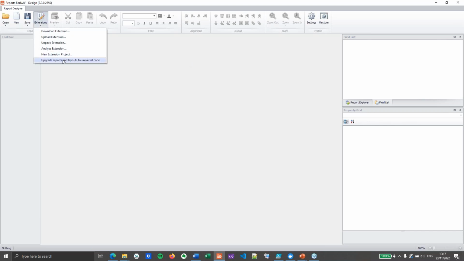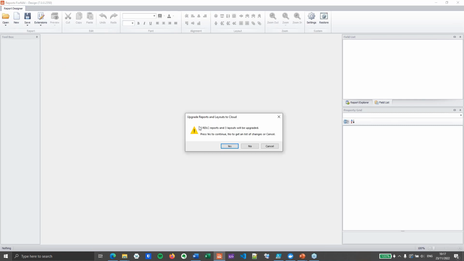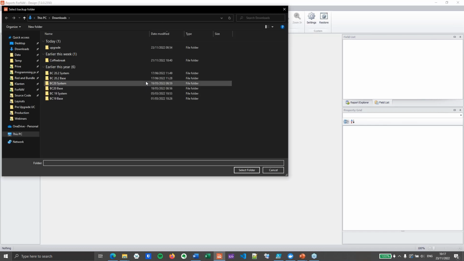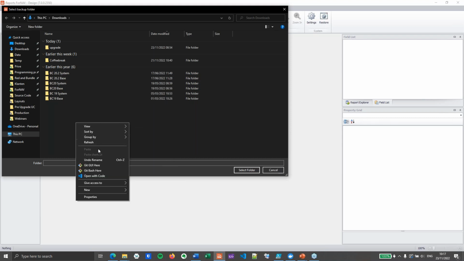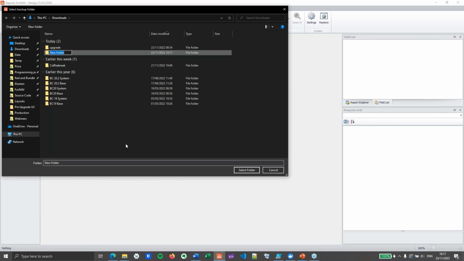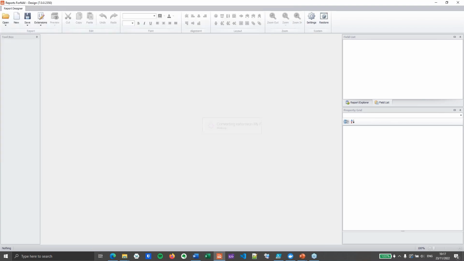And then I'm going to hit upgrade reports and layouts to universal code, which is going to check the inventory. And then it says 2 RDLC reports and 3 layouts will be updated, which is exactly right. I will hit yes to continue. To continue, I need an empty folder to store my upgrade. So I will simply call that upgrade UC, and I will select that folder, and then ForNAV will start converting